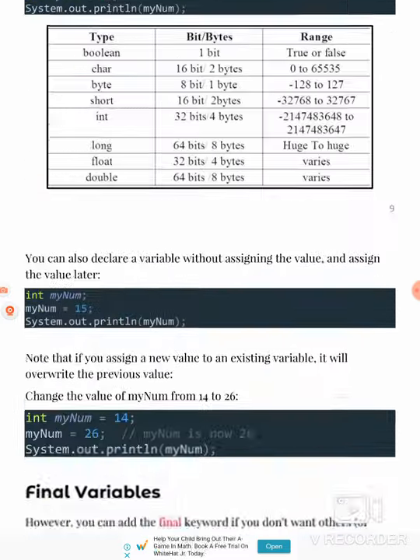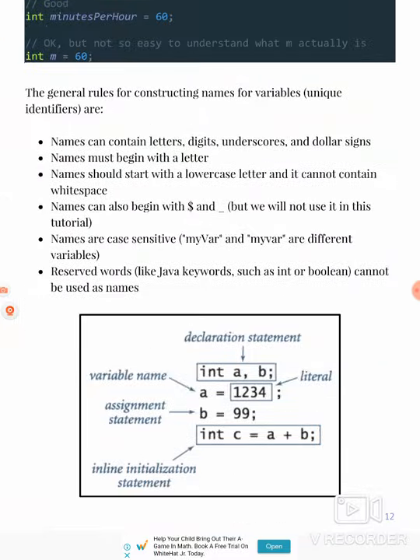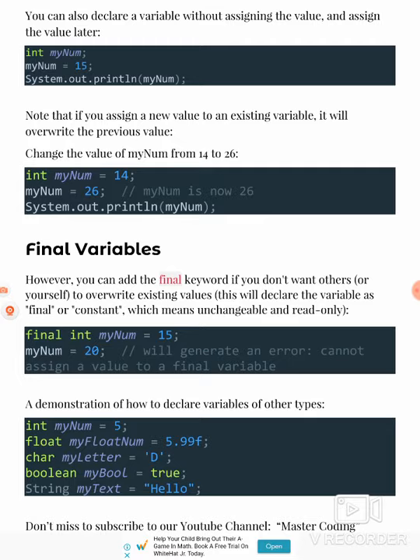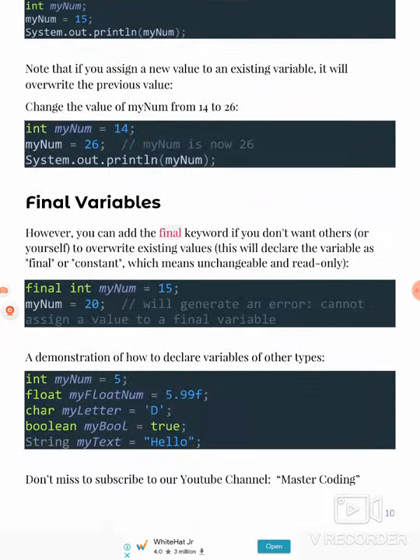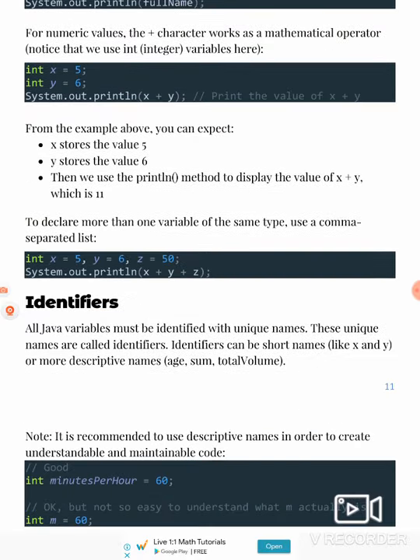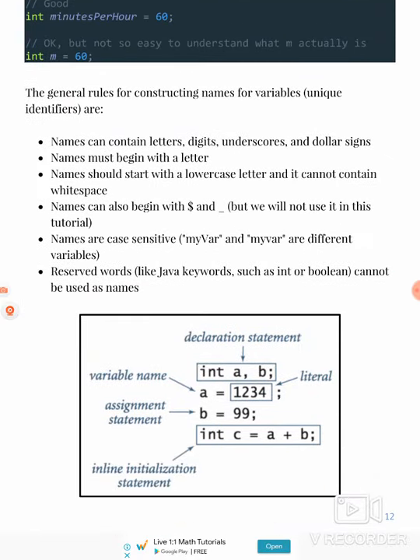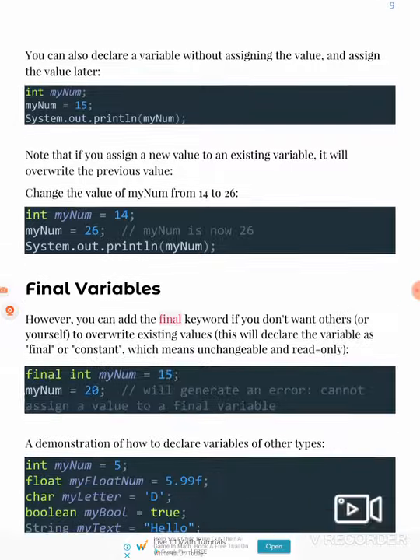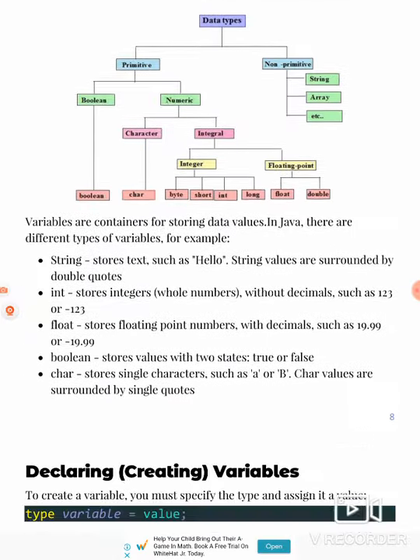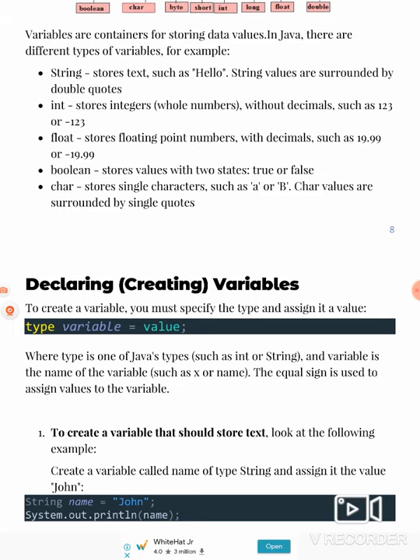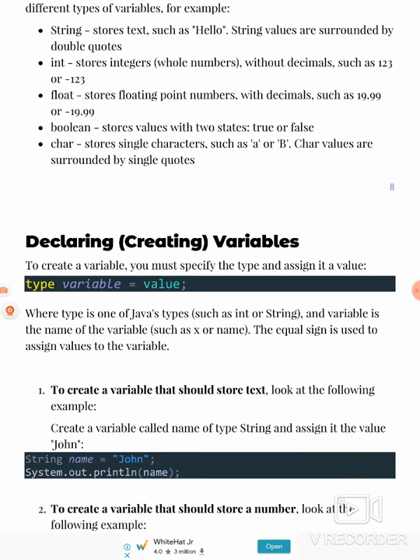So guys, I will tell this in part 2. Can you see guys? Find variables in our part 2. So let's complete part 1 guys. Now our second question is